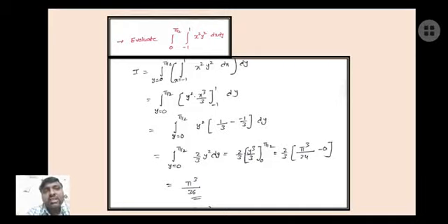Okay, in this example, I can take the outermost integration with the limits for y, and the internal integration for the limits of x. So you may change the order of the limits also here. You can take the outermost integration for x as well as internal integration for y also. Then that time also you are getting the same answer, pi cube by 36. Whenever they give constant limits to the integration, it does not change the order and value of the integration.